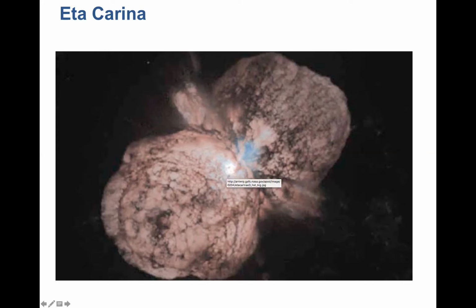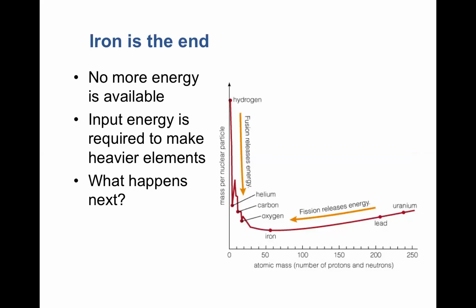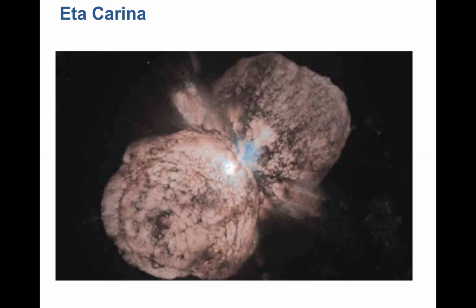and sometimes it's a lot brighter than others. And it went through a particularly violent outburst recently, where it was the brightest star in the southern sky for a while. But then it settled back down, and it seems to be doing more normal bright, massive star things. Okay, great. We will stop there, and we'll come back in the next video and think about what happens after you get to iron in your core. It turns out it's bad and explosive and exciting things. So stay tuned for that.